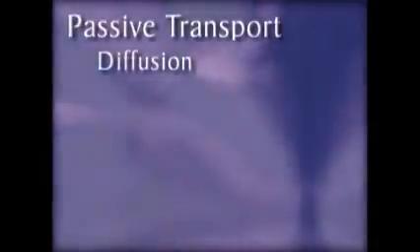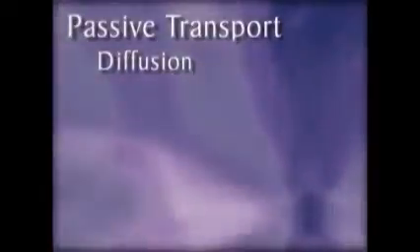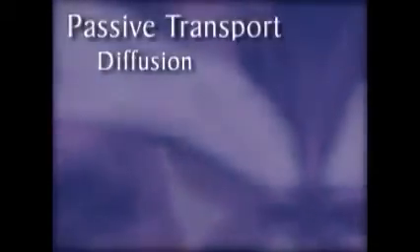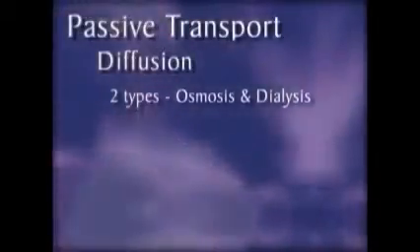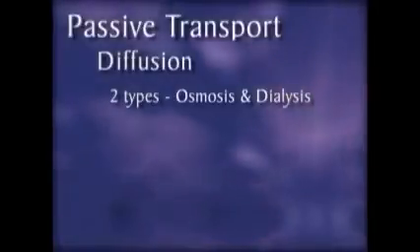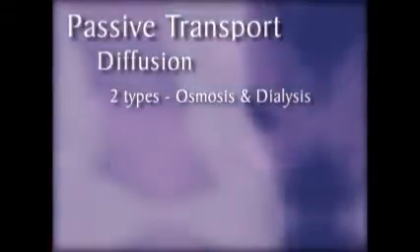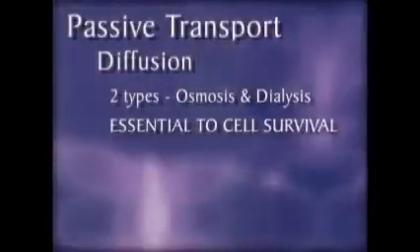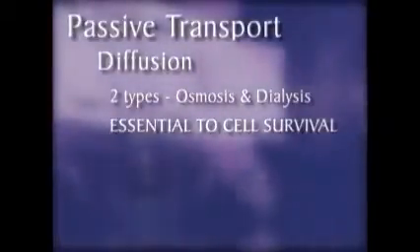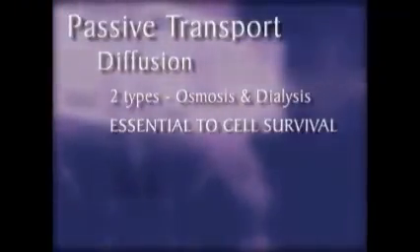of transport includes diffusion, defined as the movement of materials from a region of high concentration to low concentration. Two specific forms of diffusion are osmosis and dialysis. These processes are essential to the survival of the cell. Nutrients must enter, wastes must exit. The structure of the membrane allows for the processes to take